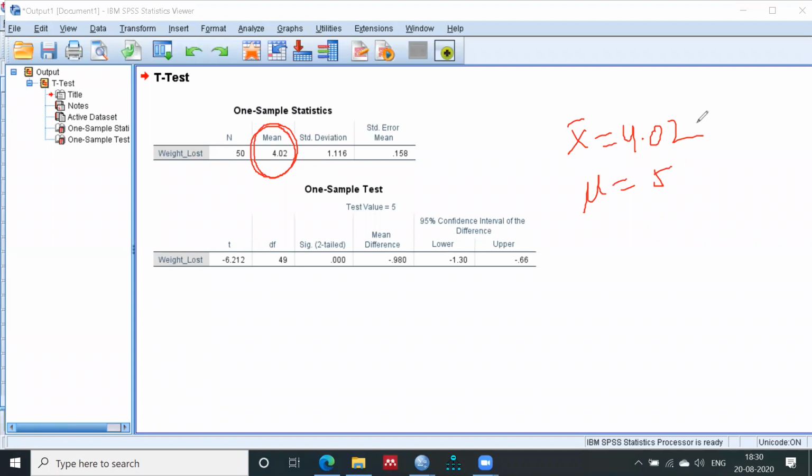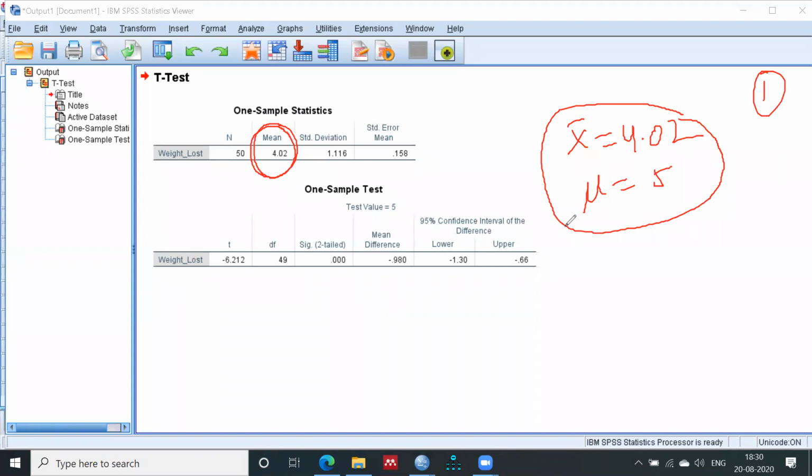So there is a difference, but you cannot say there is a statistical difference in the figures. You will find a difference of almost 1 kg, but is it a statistical difference, or just because you have collected data from 50 respondents that you got a difference of 1 kg?